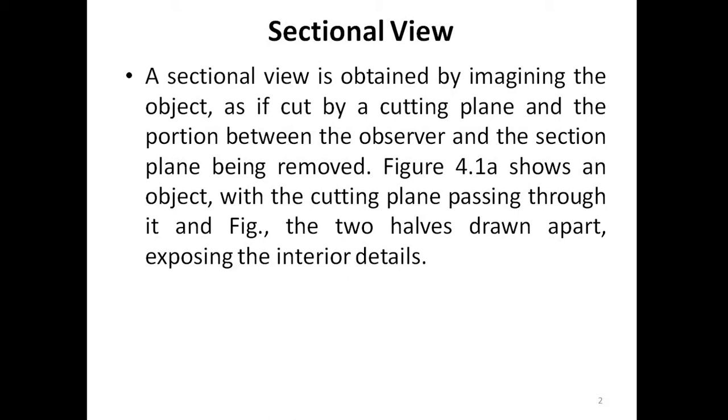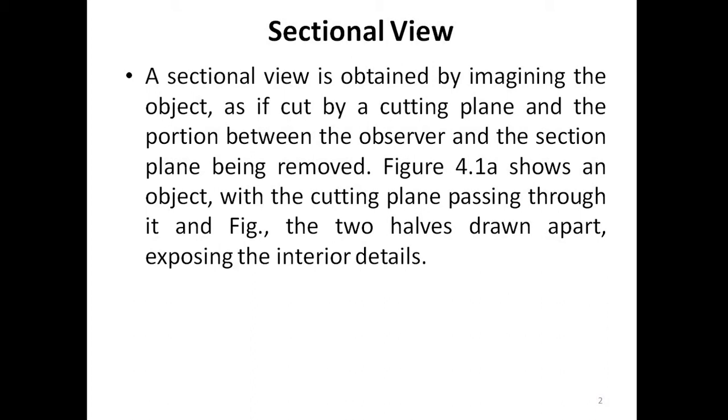Assembly drawing is made up of various parts. Production drawing is an important drawing in which dimensions, tolerances, limits, surface finish, and special processes like heat treatment, honing, and burnishing are mentioned, whereas GD&T is geometric dimensioning and tolerancing. Then, in this lecture, we are going to study sectional view.